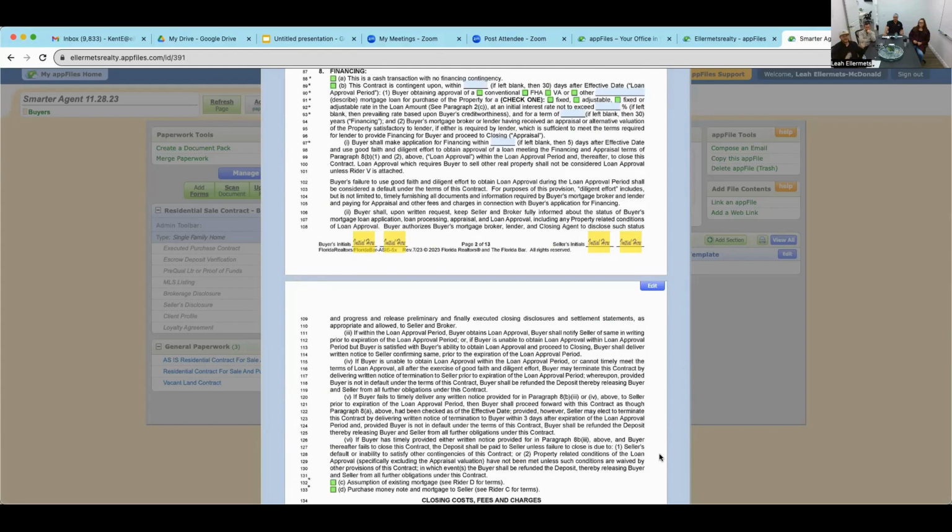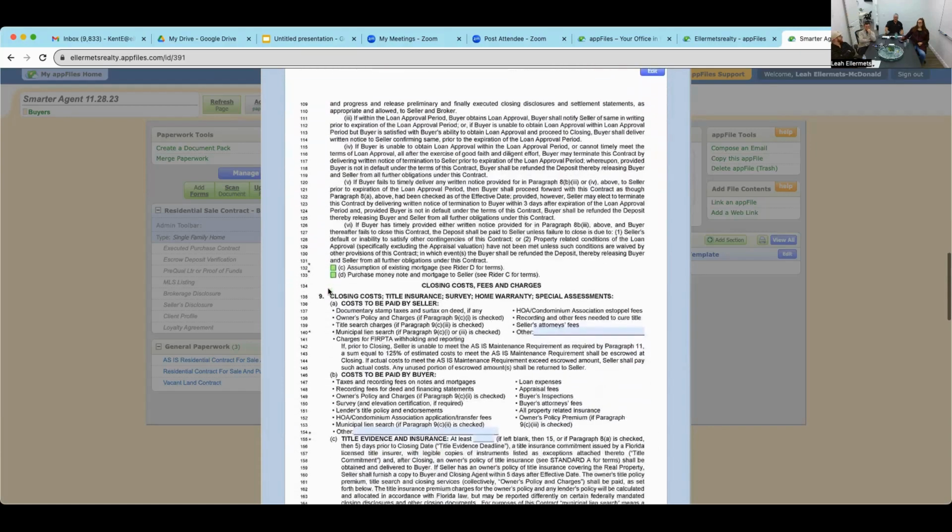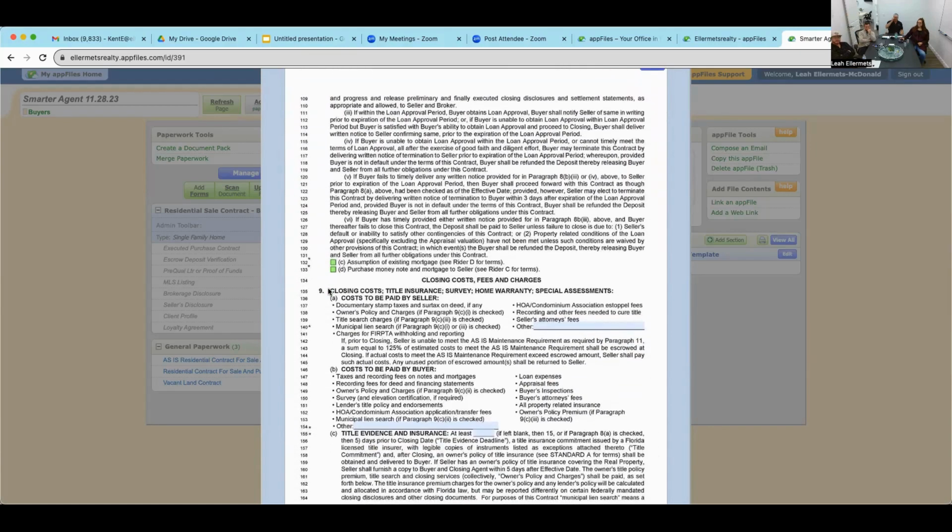Yep, that's what I was wondering: is there like a B and then a sub-con? Not that I'm aware of. I don't believe it works that way. I think you will either pick A, B, C, or D. Okay. But again, those are things that when it rolls into this, you want to